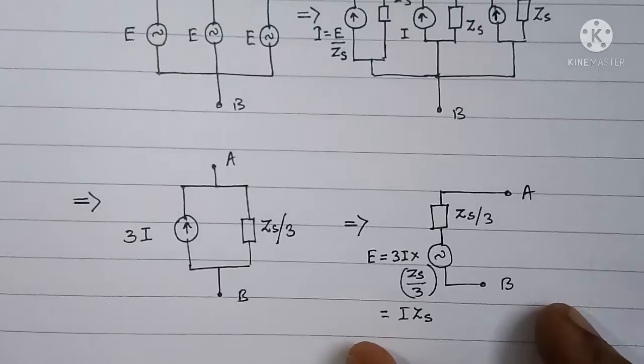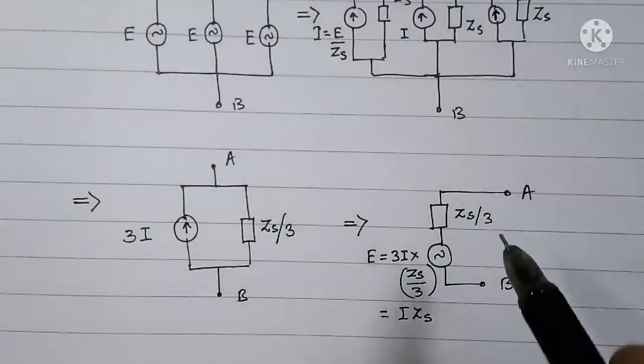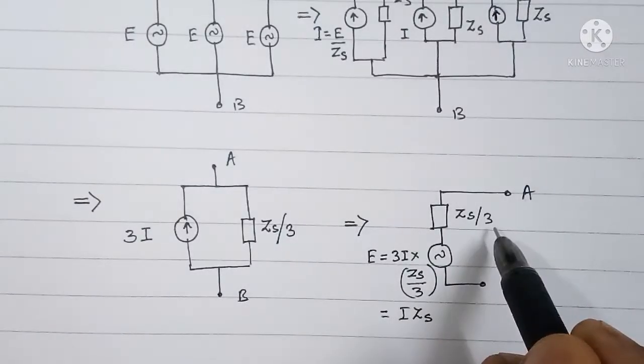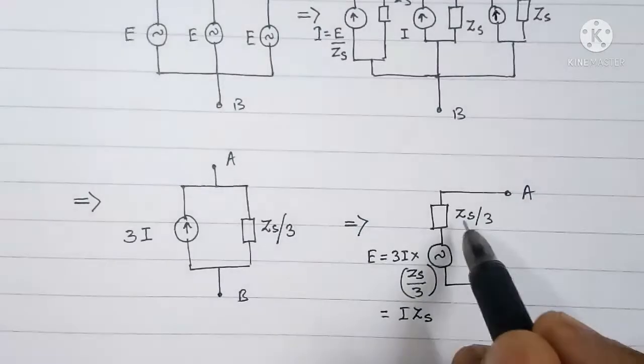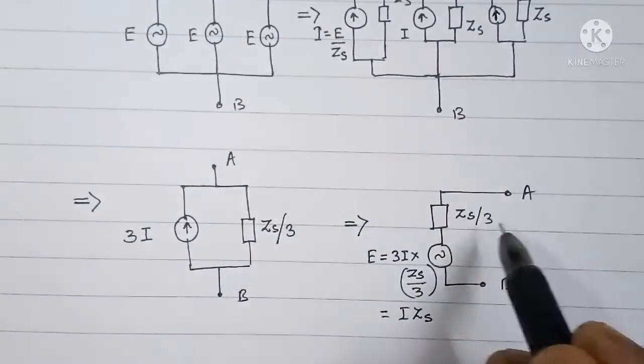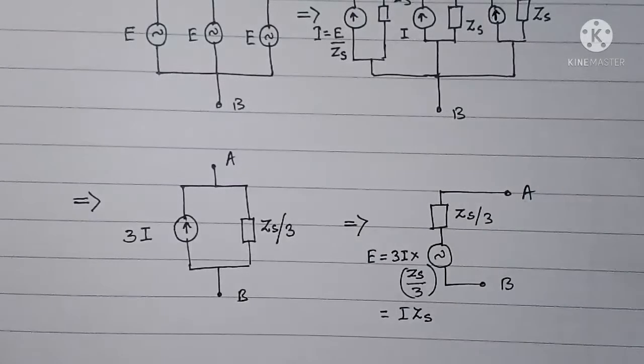Now what would happen if only 2 sources are there? If only two sources are there, then this ZS by 3 will turn into ZS by 2. And if only one source is there, it will remain as ZS only. That is,